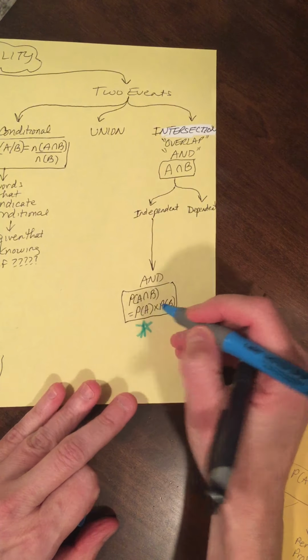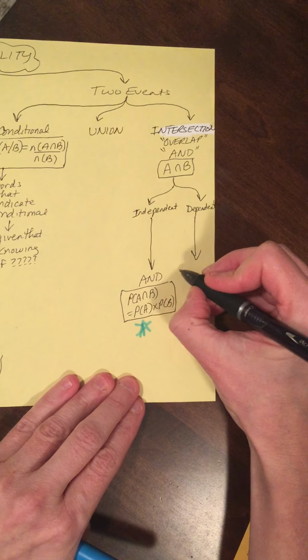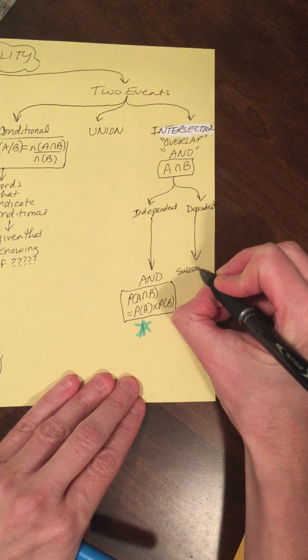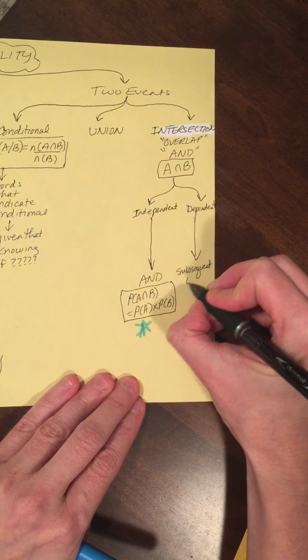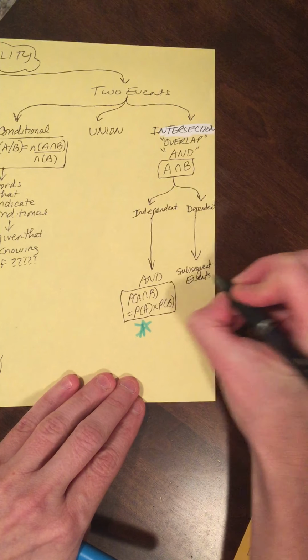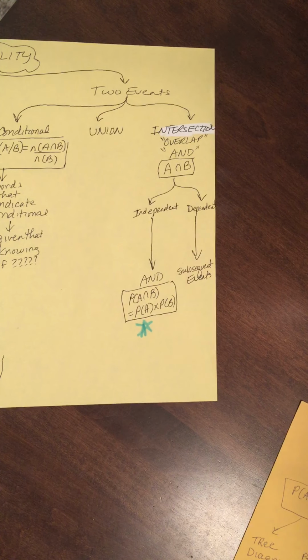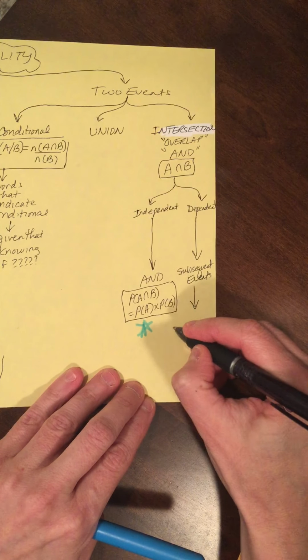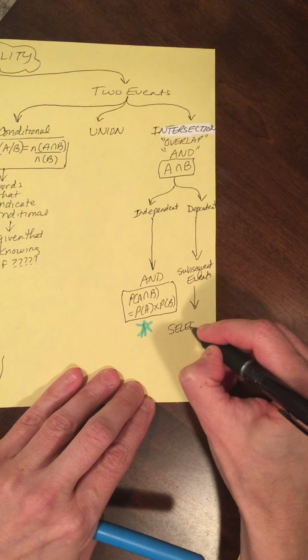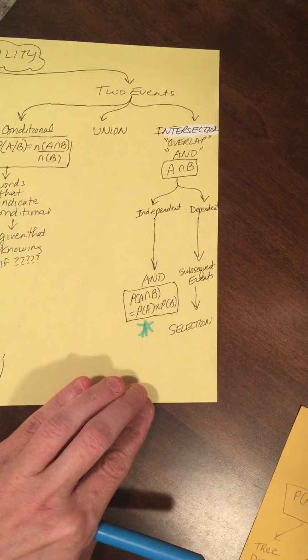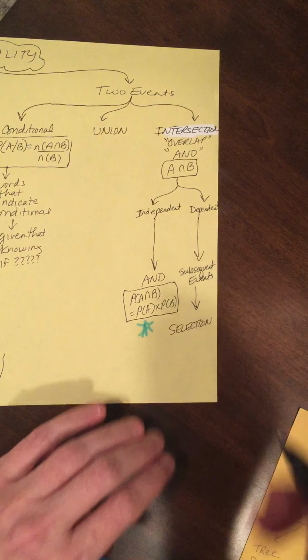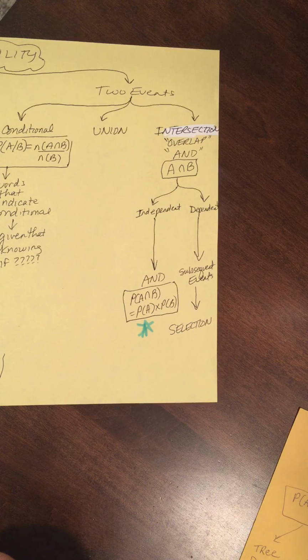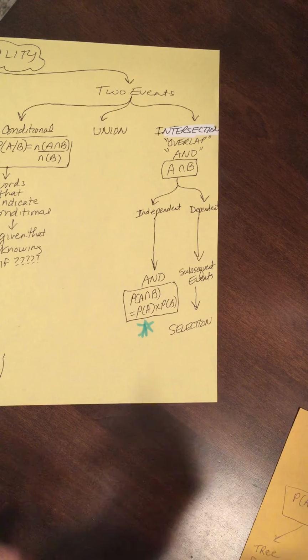The idea of dependent are when you have subsequent events. Events that are happening subsequent to each other. And the classic example here is the selection questions. One orange marble is picked. One blue marble is picked. One green marble is picked. That whole idea of selecting something